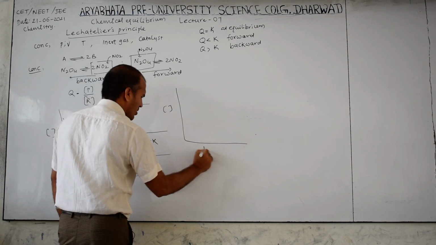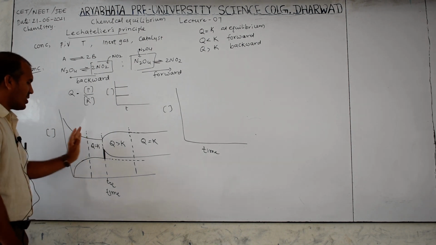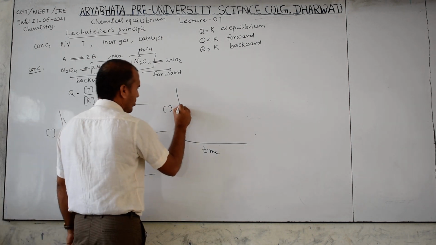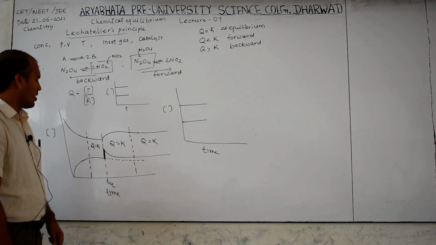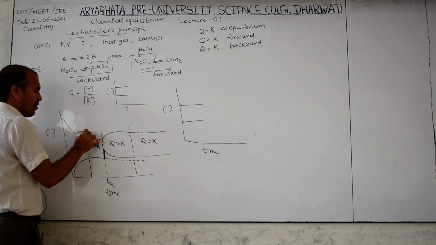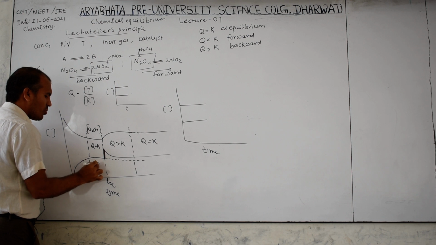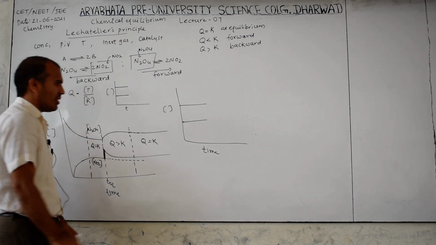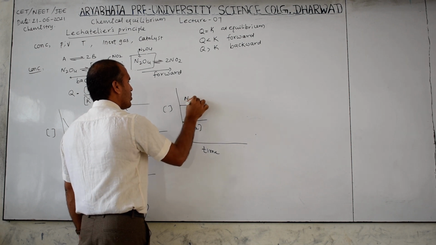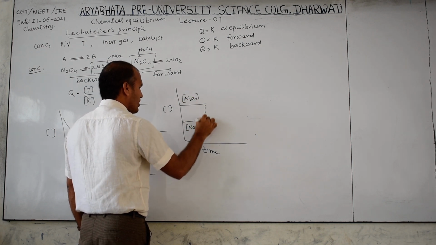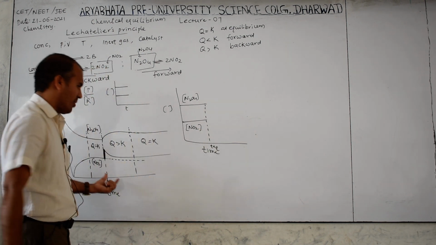Then concentration, time. So directly I want to give from this point, because already we are applying the change at the equilibrium position. So this is constant, concentration of reactant and product constant. If you are confused, I will write this is N2O4 concentration, this is NO2 concentration. Now you can easily understand. So this is NO2 concentration, this is N2O4 concentration, constant, therefore this is at which point? T equilibrium time, the initial equilibrium time.